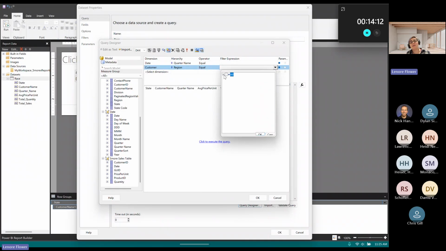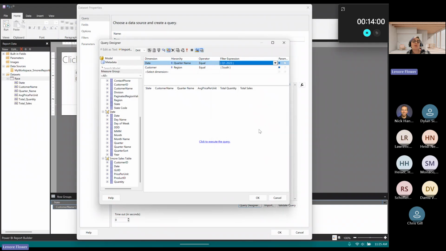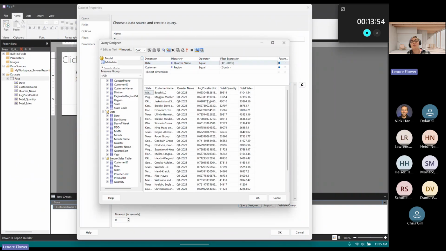If I want to set a default value to come through in the parameter, then I can define that here. If I did not check that checkbox, it would not show up as a parameter. It would instead filter the values in the overall query, which will return that subset for the report.